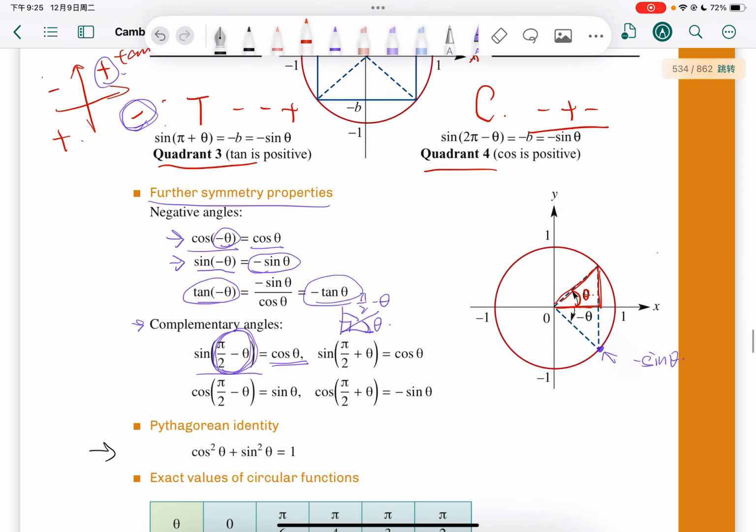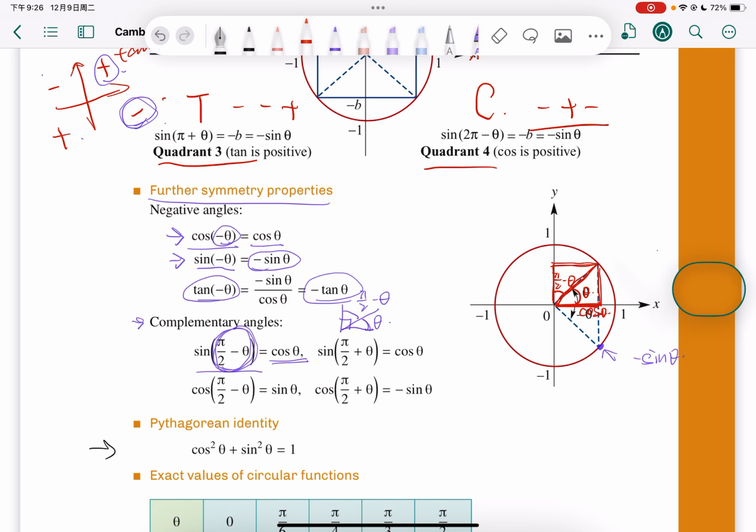So we have this line, cos theta. Then what about pi on 2 minus theta? It's this point. This angle is pi on 2 minus theta. And the sine of this angle, when we see this triangle over here,